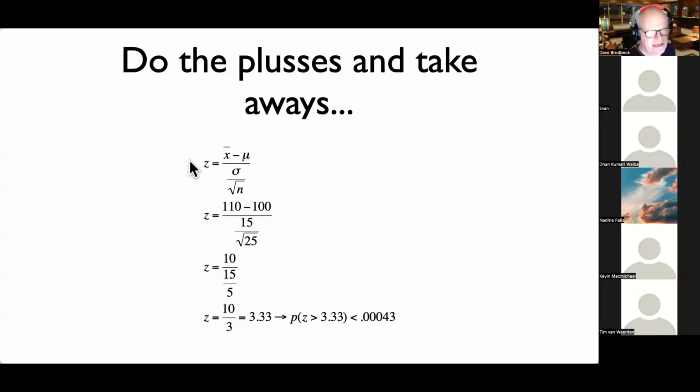So we got x bar minus mu over sigma divided by square root of n. 110 minus 100 divided by 15 over root 25. Notice how I've cooked these numbers, so the arithmetic's easy. 10 equals 15 over 5. 110 minus 100, 15 over 5. 10 over 3, 3.33. Wow, actually, maybe it worked. Probability of a z greater than 3.33 is less than